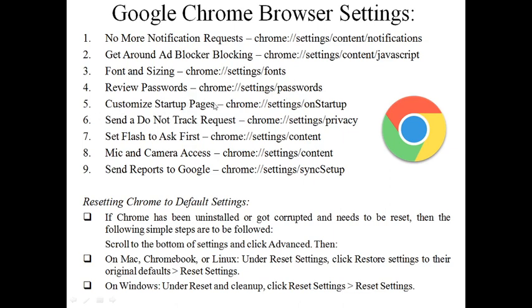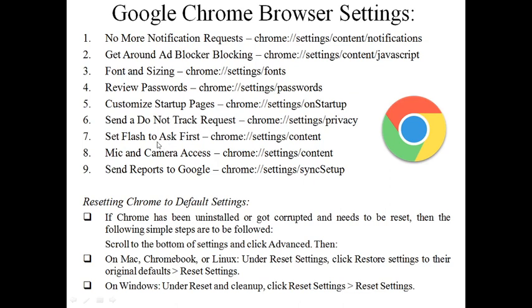Customize startup page. Which page should be the startup page while opening the Google Chrome can be set by Chrome settings, on startup. Send a do not track request, that is to disable the cookies. Chrome settings, privacy.